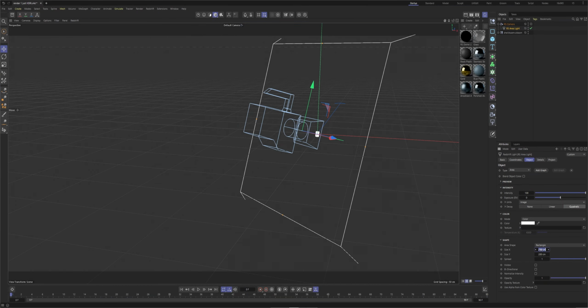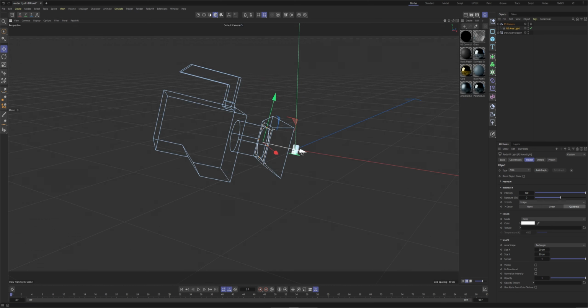First of all, we have a humongous area light. This is a very small product, so maybe we want to have a smaller area light. That will do. But you can see that the area light is actually perfectly on the camera. So what we can do is use the Z transform and move it down the Z, flip it 180 degrees. And we have an area light that is pointing directly at the camera,